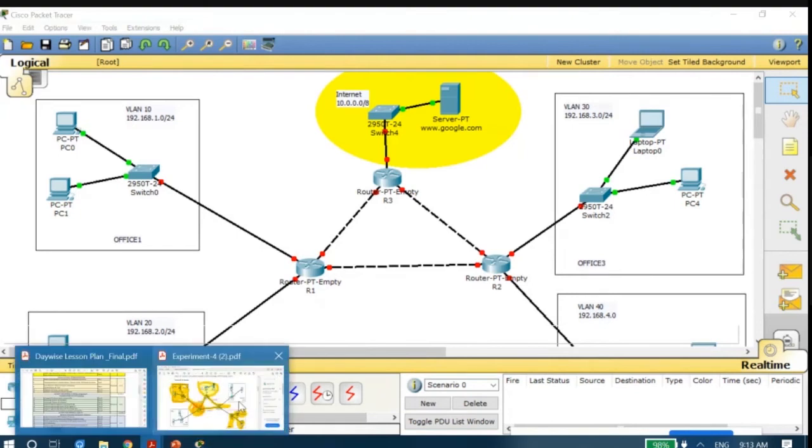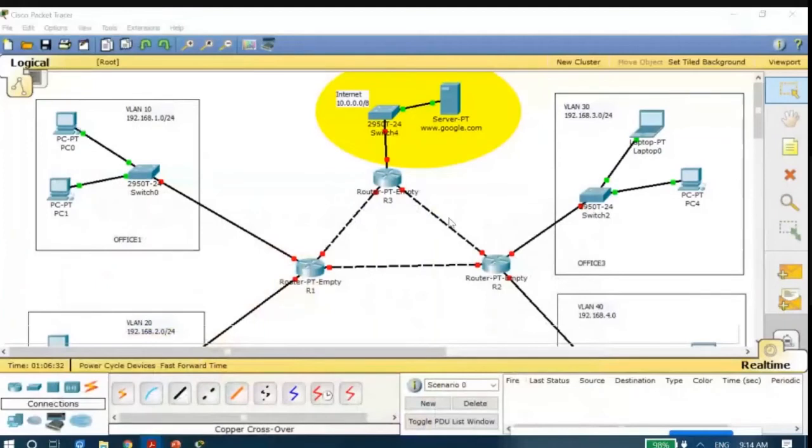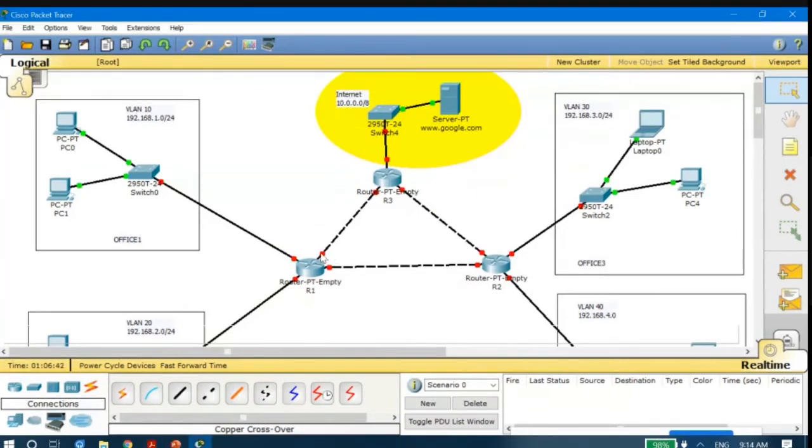Let me just show you the manual. From R1 to R3, which fast Ethernet we have to connect? Anyone you could connect, but just remember which one you have connected. I always tell that. Okay, you have to remember which one you have connected. However, you could connect it to anyone. Here you could see fast Ethernet 3/0. I have connected to fast Ethernet 1/0 of the router R3. Okay. So you could connect to any of the terminals, but you have to remember to which you have actually connected it.